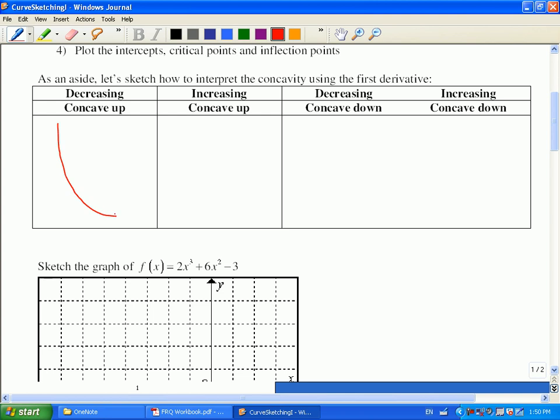I guess it depends which hand you were looking at. Yeah, some of you are arguing. Anyways,